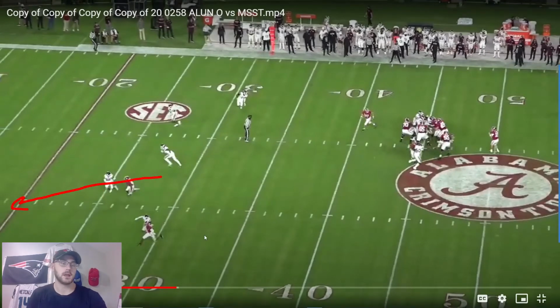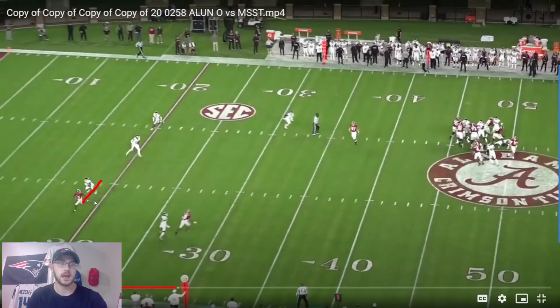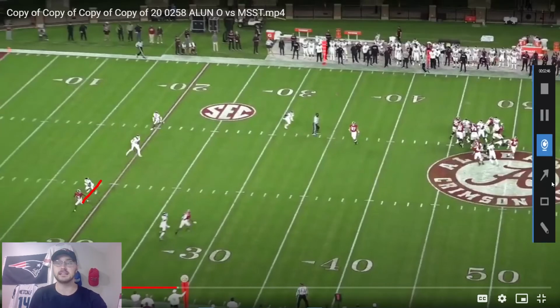on this deep route. Now, what I really like about him is that he's going to keep his head straight ahead right now. He's not going to immediately look back to the quarterback. He's going to keep his eyes straight ahead because that's where you're fastest. You're faster running straight than you are with your head turned back to the quarterback. So his acceleration out of his route break into this corner is head down. I want to be as fast as possible, and you'll see that's the difference right there in this separation. If he had turned his head, he probably doesn't have this much separation, and it creates an easy throw for quarterback